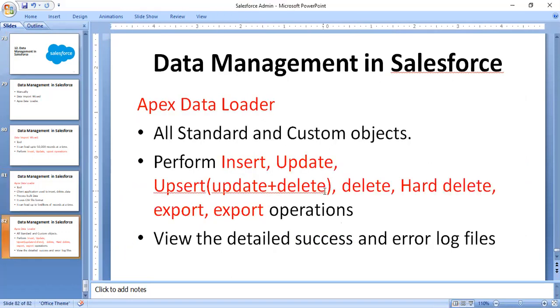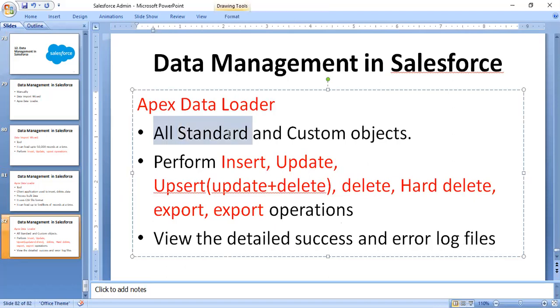And it works with all standard and custom objects. You can use the Data Loader on standard objects like Account, and on custom objects, that means user created objects. You can perform insert, update, delete, upsert, and hard delete, and then export and import.